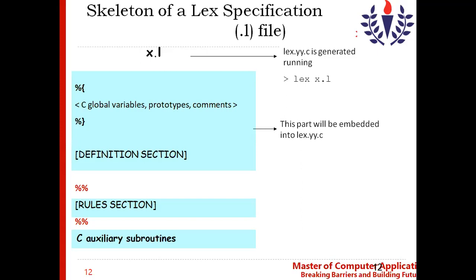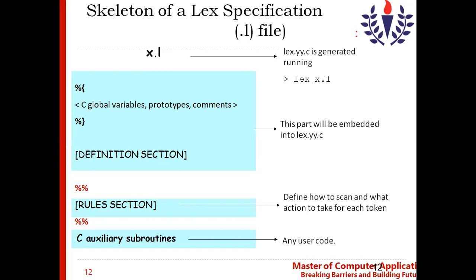So the same C code will be copied into the lex.yy.c file. There is no need to convert it into C language because it's already C code. Similarly, whatever is in the main function is also copied to lex.yy.c. The only difference is in the pattern, which has to be converted into the corresponding C code, for which we use the lex command.